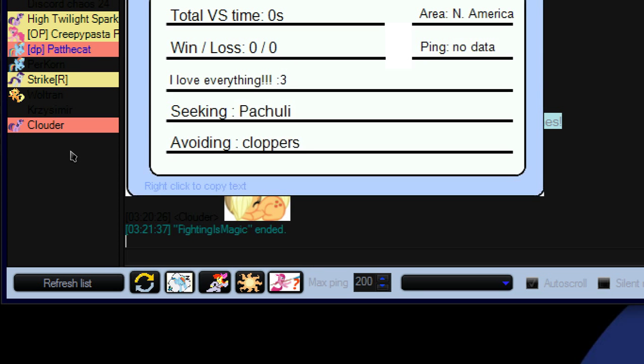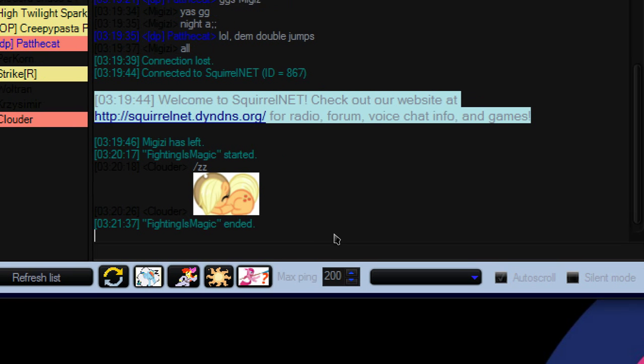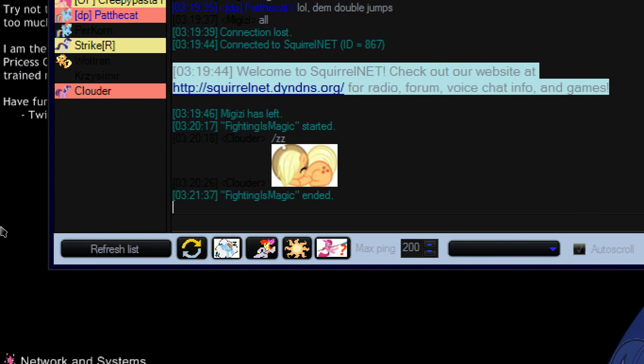As you can see, if you go in here, it says ping. This is your max ping, so anyone without that cannot connect. Don't mess with this drop box if you are not techie. Auto scroll, leave that checked. That, you can do that if you want. It doesn't really matter. I think that's for sounds. But then, to do a demonstration,